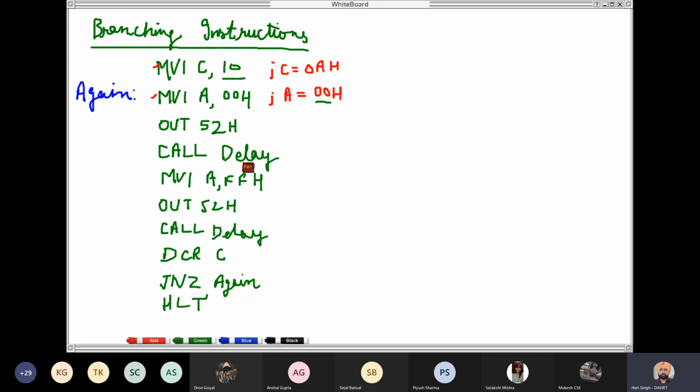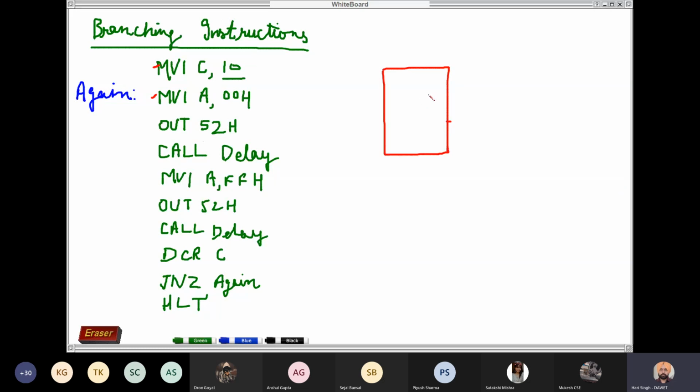So the objective of this program is to generate a waveform at the output port of the microprocessor. The address of the output port is 52.